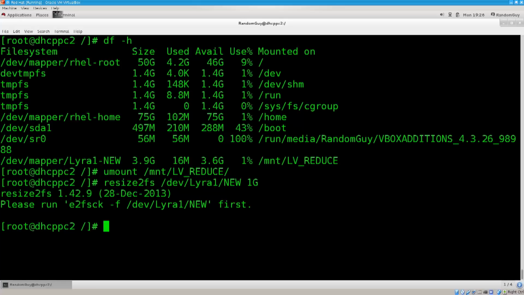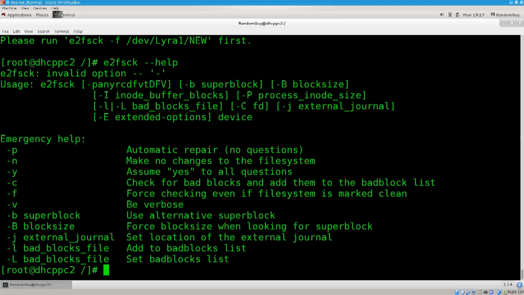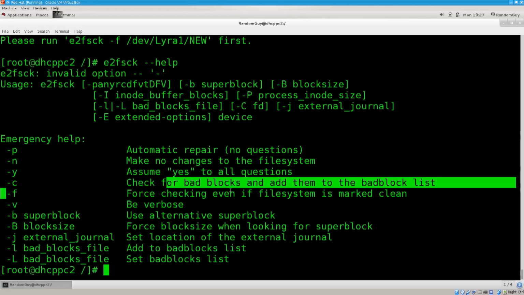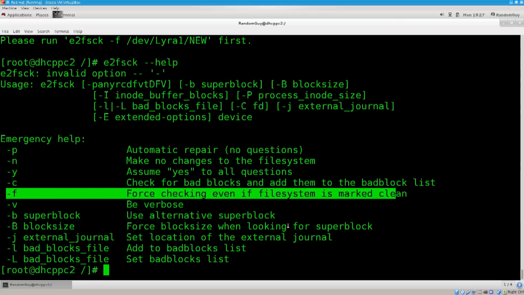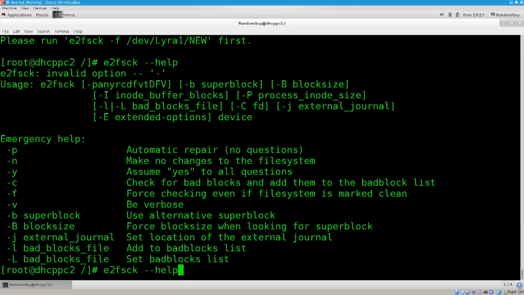What does this -f mean? What is generally -f as an argument in commands? Well, force, basically. No matter what, go ahead and do it anyway. You can type in e2fsck --help, and you can see the F option here. It says force checking even if the file system is marked clean. You want to be sure that all is well and nice and fine and dandy and however you wish to call it. So let's go ahead and type in dev Elira and